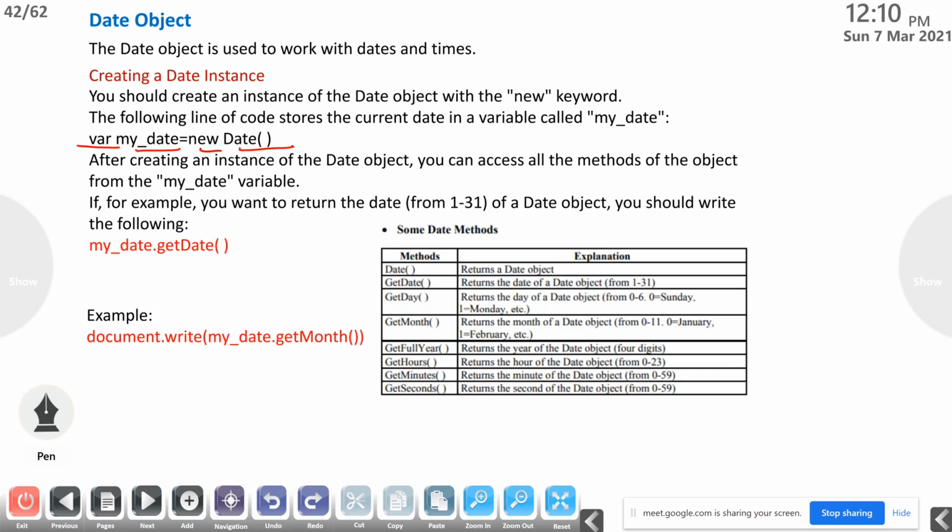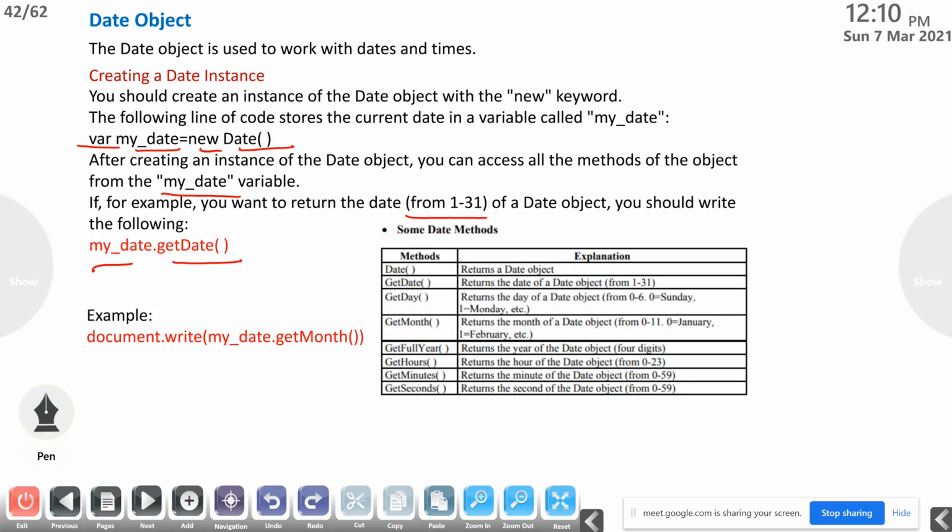After creating an instance of the Date object, you can access all the methods of the object from the myDate variable. For example, you want to return the date. Date means it will return 1 to 31. Today the date is 7, so it will return 7. You should write the following: myDate.getDate function.